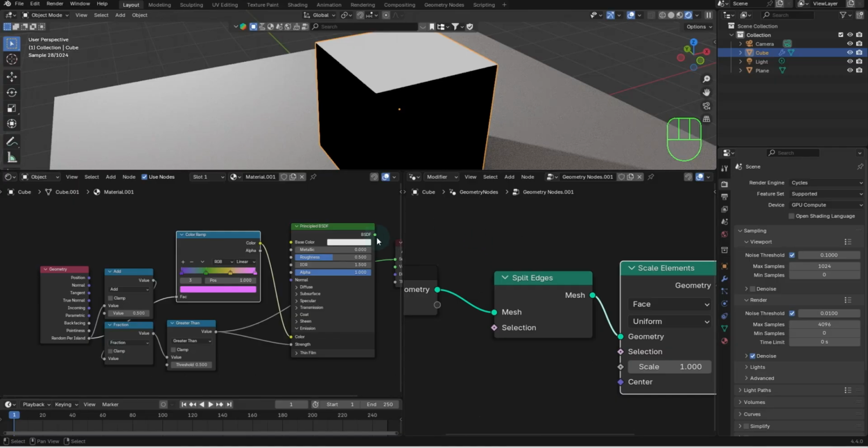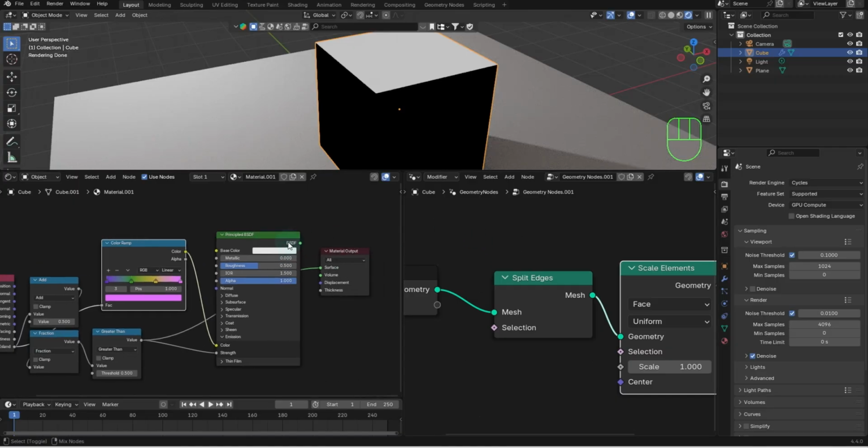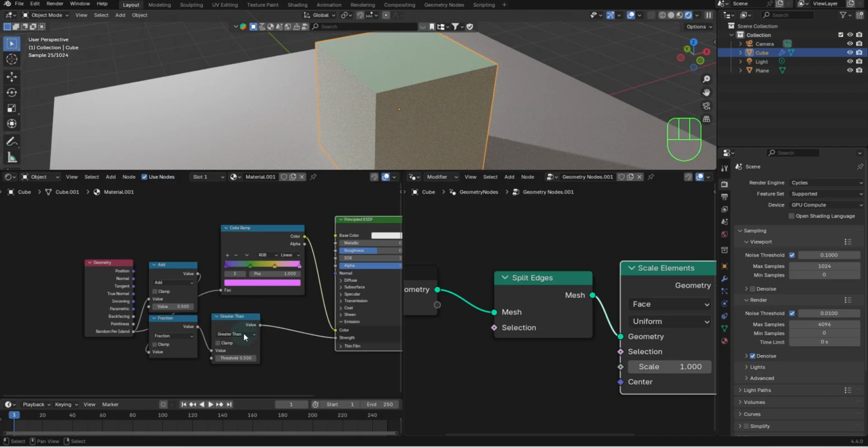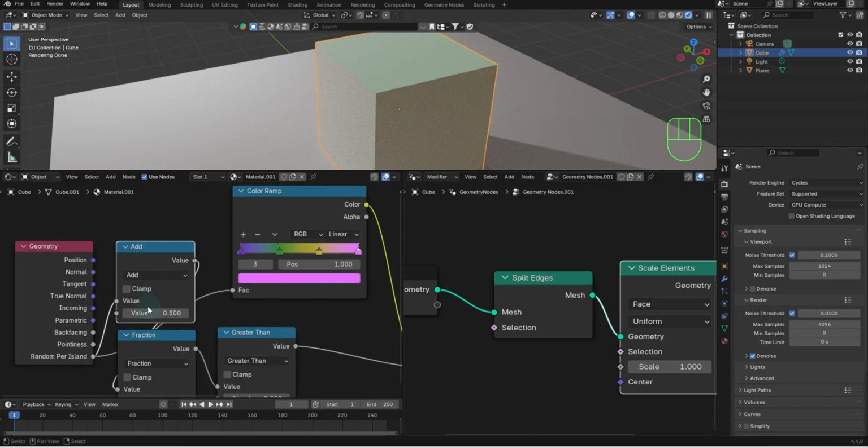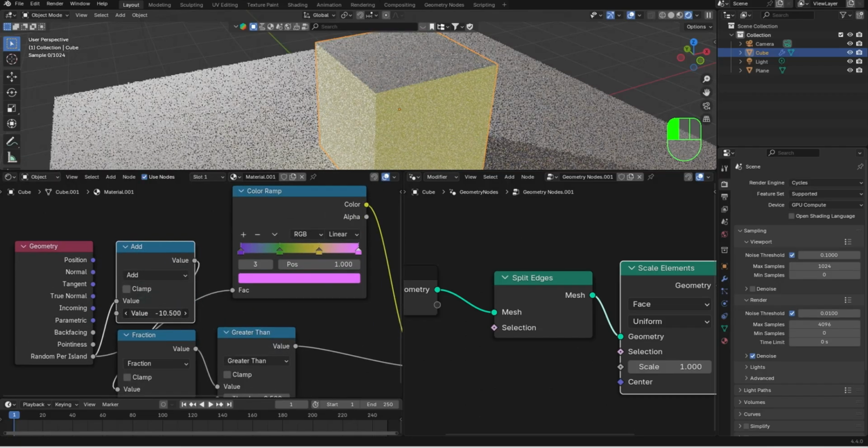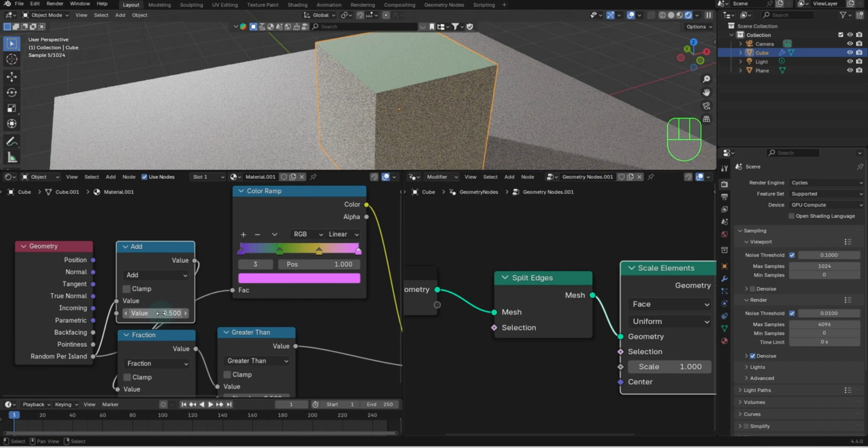And let's see, why is that not working? Oh, because I don't have it tied in. So here we go. So I'm controlling everything here on the add. And now we're going to get these different colors that are going to be produced as this goes. So now